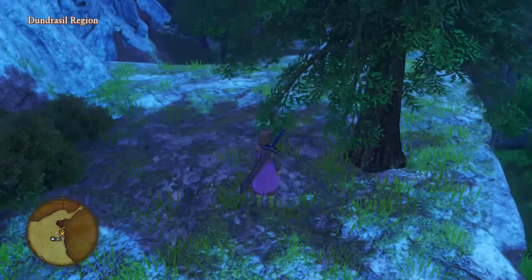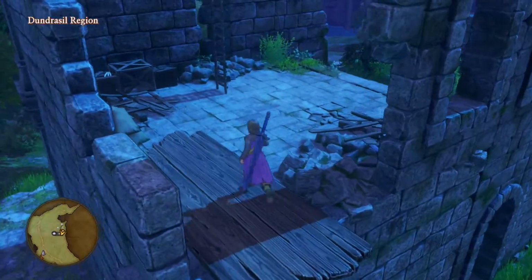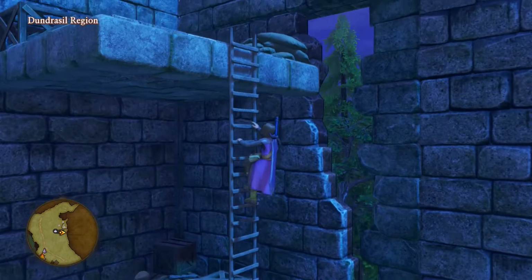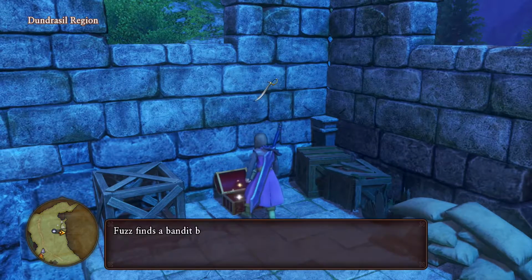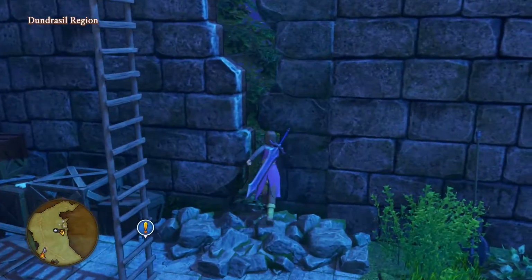Okay. Right, yeah, and from here we can actually get to the top part. And up the ladder. And there's a nice chest here containing a Bandit Blade. So we'll put that in our equipment bag, and pretty much that's all the treasures that we're going to get